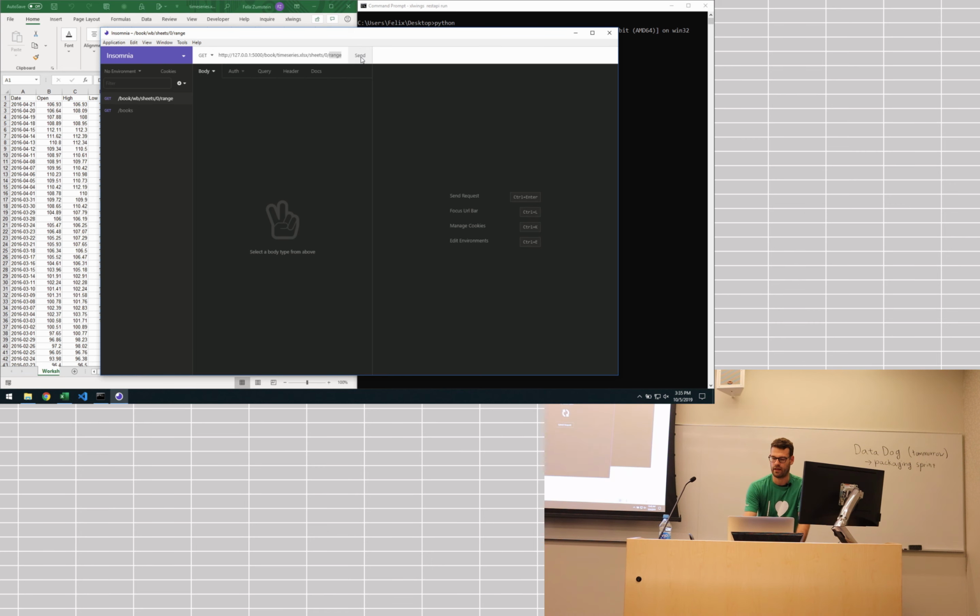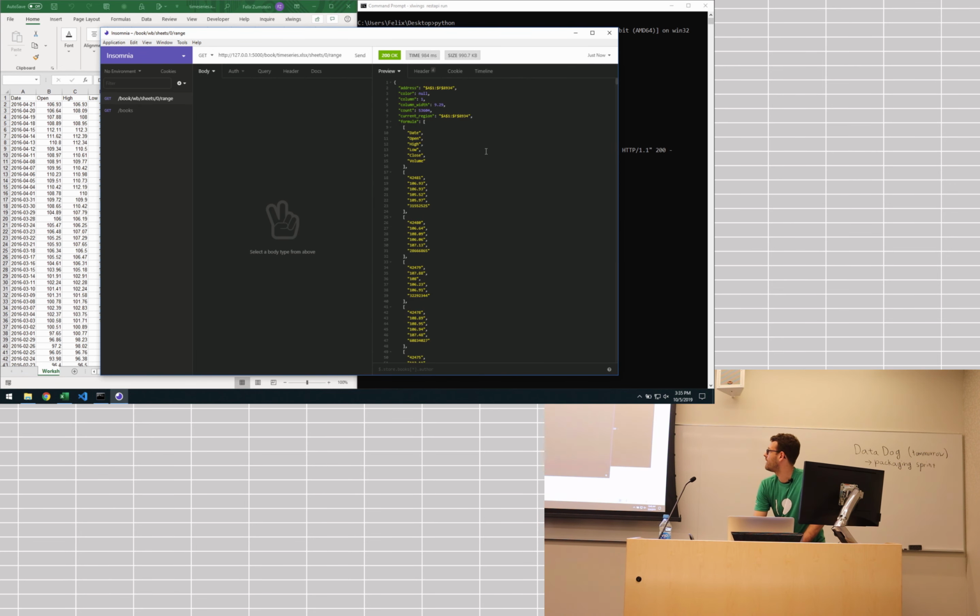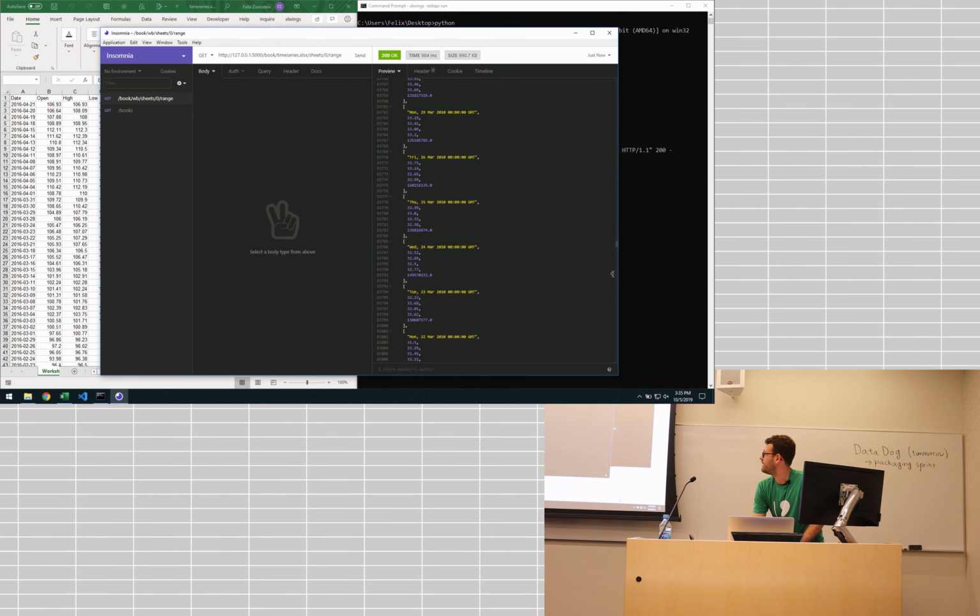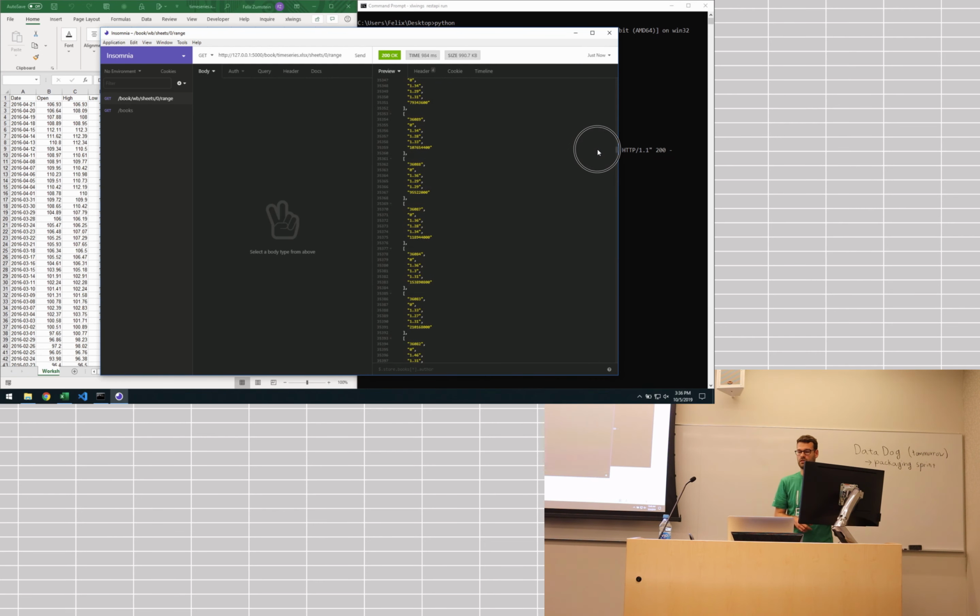And so when I send that, I will get all the data that I have in my sheet as a JSON object here. And the different things, so like really the formulas, the values, and so on and so forth. The other way you can use it is actually if you have, like, let's